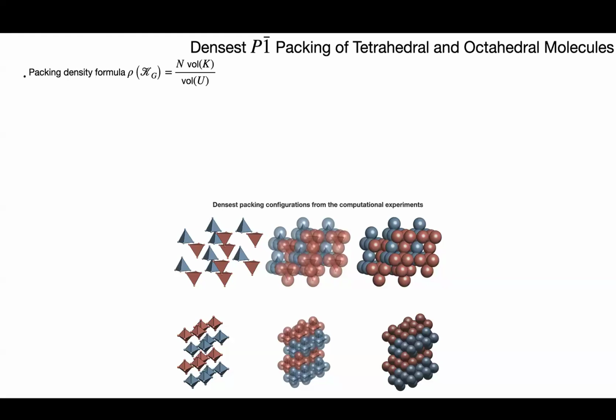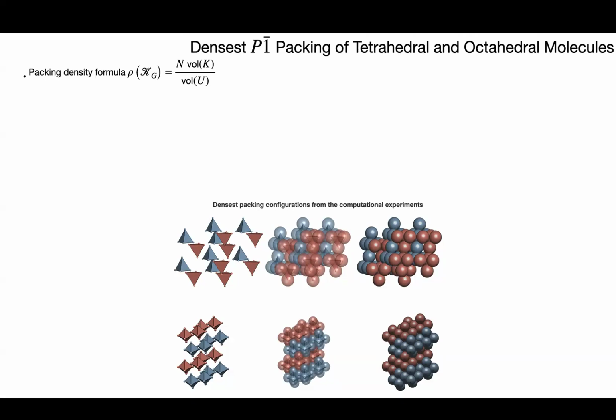The one on the right is actually the packing we got, the first two columns of images. It's only a collection of spheres. I mean, it looks good, it makes sense, but